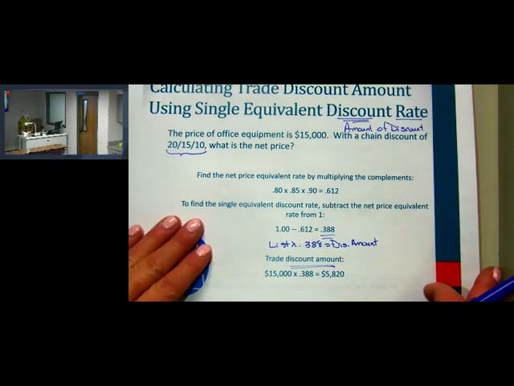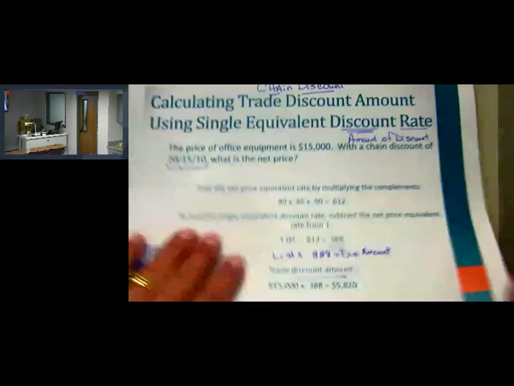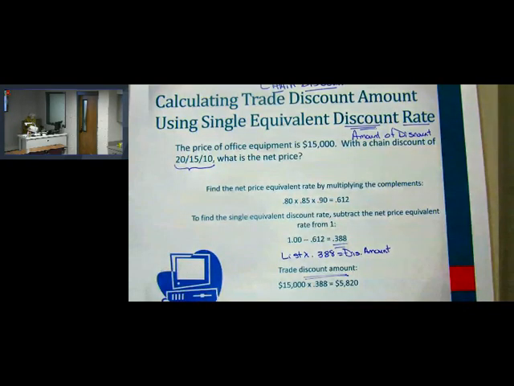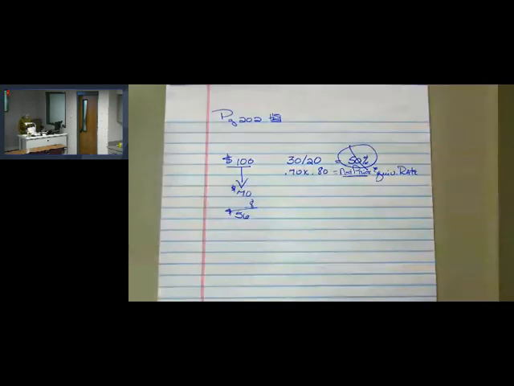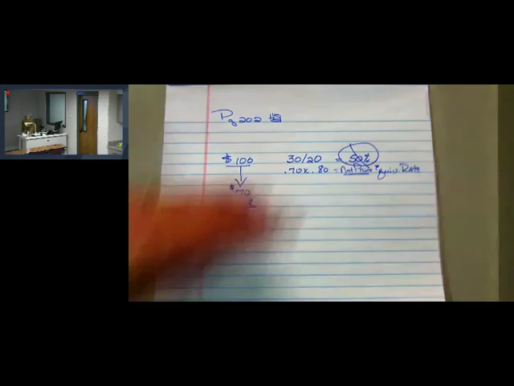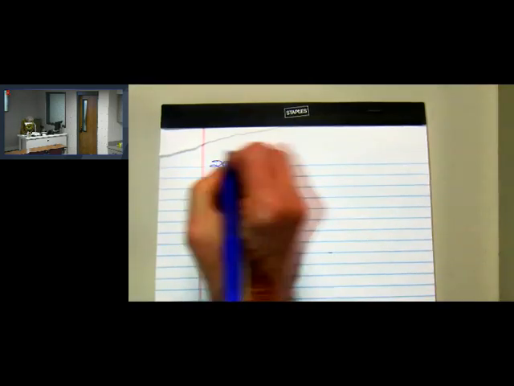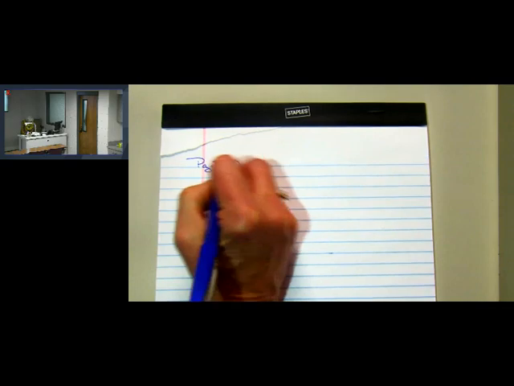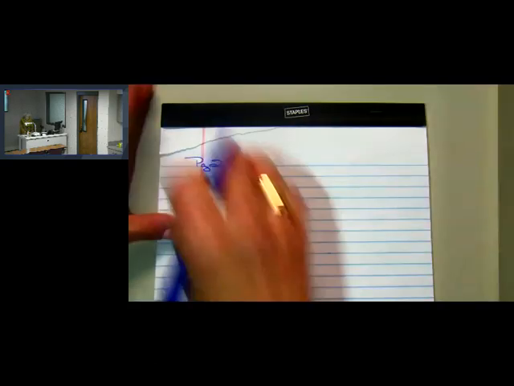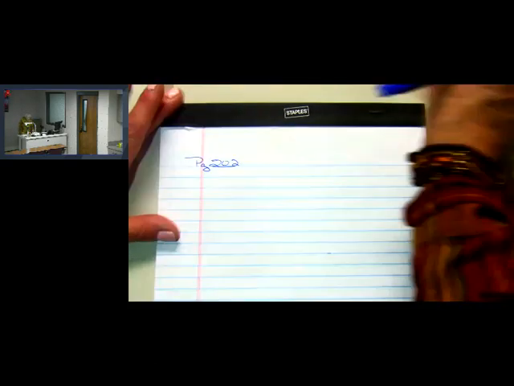All right. Okay, now I do want to go to the chapter. So sorry about that. I forgot I wanted to also talk about chain discounts before I went on. So now let's go back to, again, in your book, I'm going to start on page 202. So again, 202 is my page number in my book. I don't know what it is in yours. And I am going to do problem number 1 for sure now.